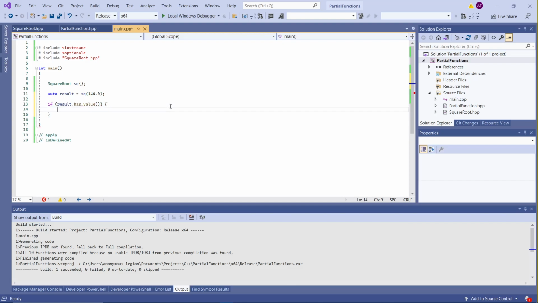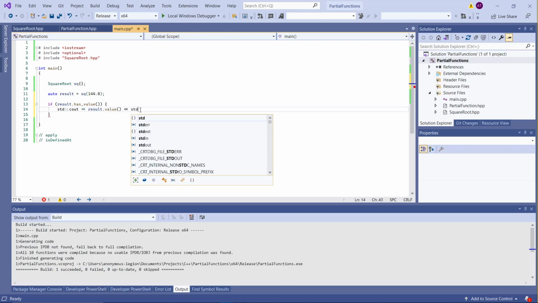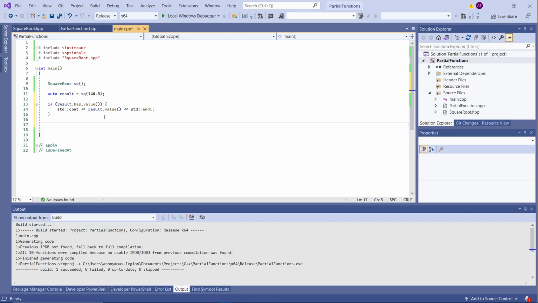which evaluates to true if there's a value in it. So if there's a value, just print the value to the screen. result.value, right? Then let's come down here. std::cout. Or let's make it simple. Let's make it simple, right? We say